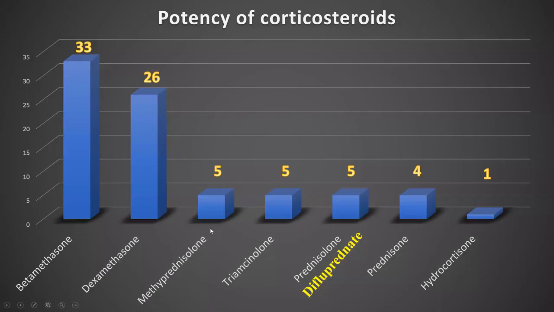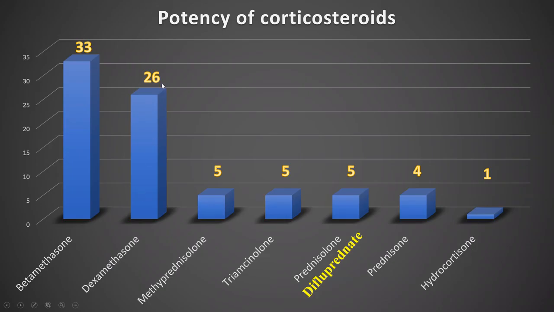It was asked before in some exams about the potency of the steroids. So if we wanted to measure the potency of the steroids on a scale where the hydrocortisone is the minimum, so it will be like having a scale of 1. So each steroid has how many folds of the potency of hydrocortisone. So the betamethasone will be the strongest steroid, the most potent steroid, around 33 times like the hydrocortisone,